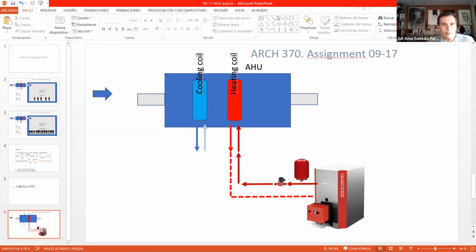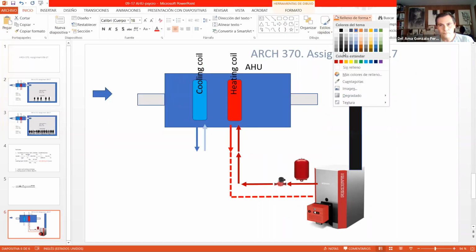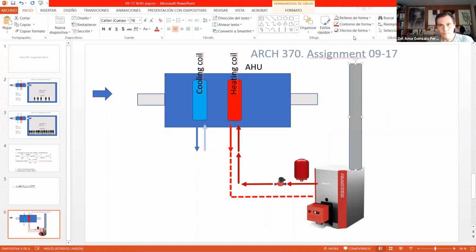Okay, so do we have everything we need here? No, we need something else, because we have to get rid of the gases. So from the boiler, we need a chimney to get rid of the gases. And then we have the air handling unit. We have the boiler with the water pump, the expansion tank, heating coil, and we need something similar with the